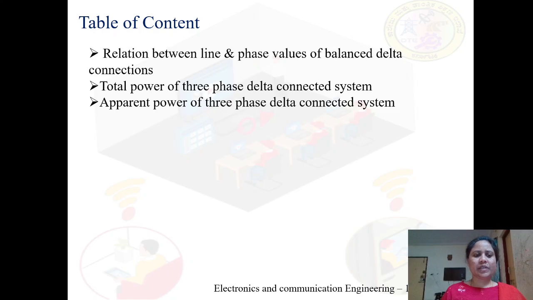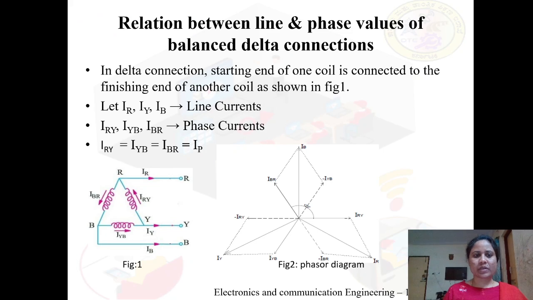Hi, in this session, we will discuss the relationship between line and phase values of a balanced delta connected three phase system, and also the total power of a three phase delta connected system and the apparent power for the three phase delta connected system. So let us start with finding the relation between line and phase values of balanced delta